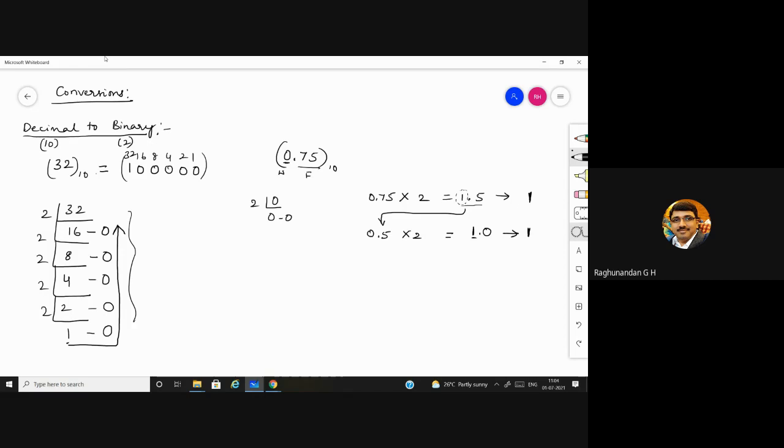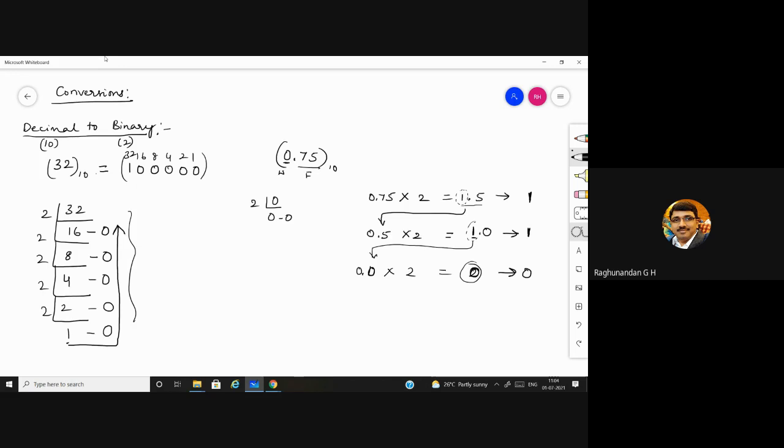In the next case, can I use 1 in the next place to multiply by 2? See, if you take 1 here, what will you get? 1 into 2 is 2. Is 2 allowed in binary? No, sir. That's why what you should do is again ignore this 1 and consider it as 0. Ignore means you should consider it as 0. So take it as 0.0. When you are ignoring 1, in that place you should take it as 0. So it is allowed.